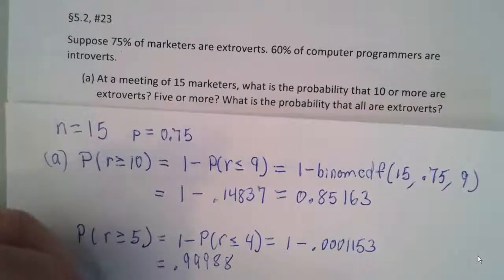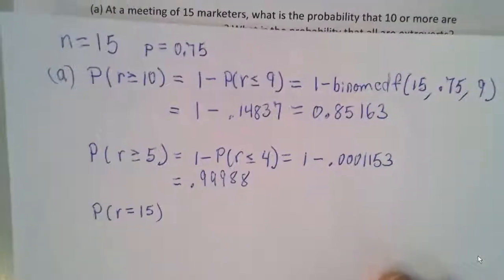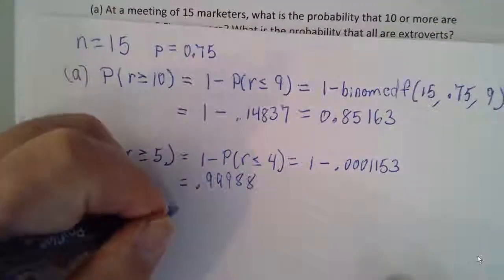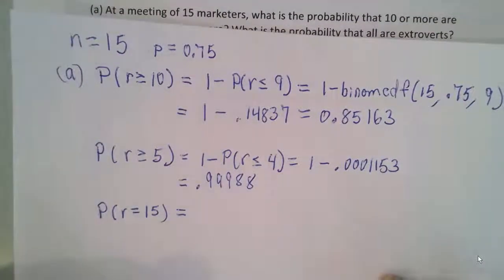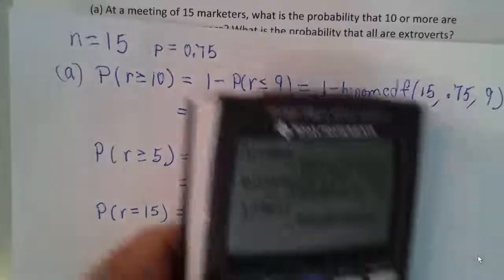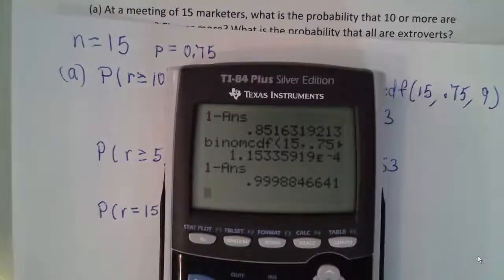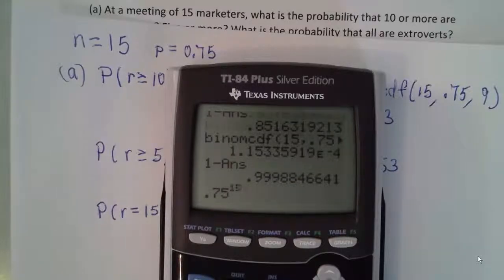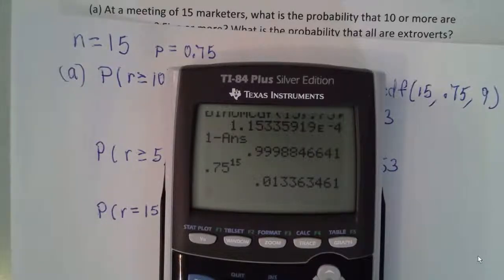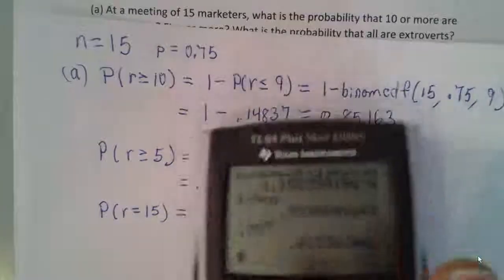Probability that R is equal to 15 is what we're after then. 15 out of the 15 are extroverts. You could do this, and I think the easy way to do this is with the formula, because that's going to reduce to the probability of success to the 15th power. Well, that's 0.75 to the 15, which is about 1.34%. But let me show you how to get that with the